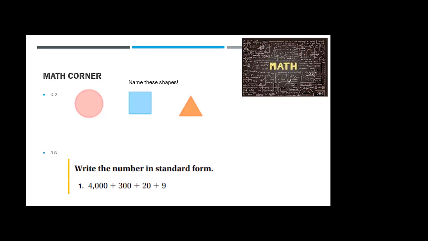Okay, so to recap, because I know we had technical issues: for the math corner, I wouldn't do more than 3 different questions, because that'll take a long time. You need to give them think time to work out the problem independently and come back to respond to you. I give students between 2 and 3 minutes for each question I ask. So if I want a kindergartner to label the circle, right, tell me what shape this is, and I only put the circle on there, that child needs 2 minutes.